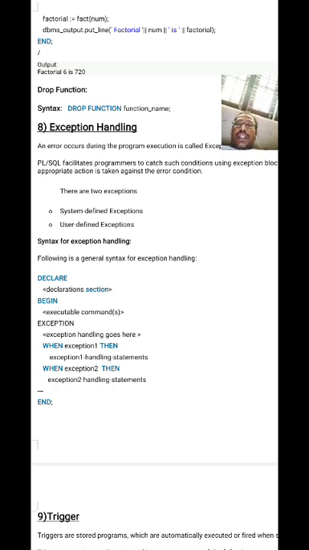Exceptions can be handled. There are two types of exceptions. It may be a system-generated exception, or your program syntax is wrong, and you will get that error. If you have written something wrong, that is also an error. If the system generates an exception, those errors are known as system defined exceptions.